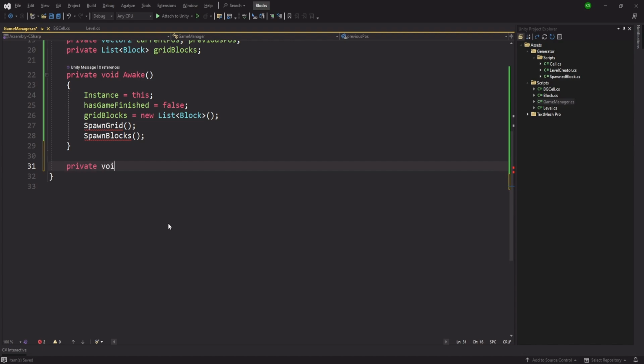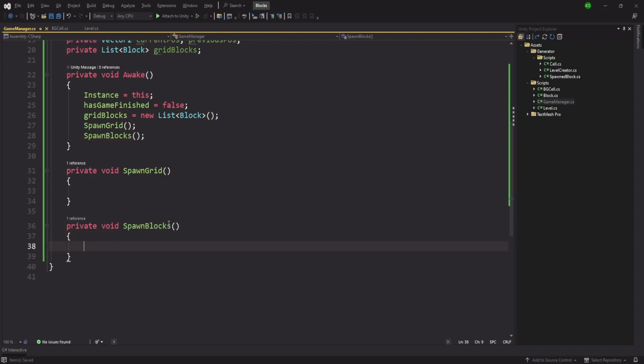So let's create our spawn grid function, and also our spawn blocks function. Our grid is positioned at the corner of 0, and the center position will be at 0.5 and 0.5, each of them distanced by the cell size for our grid, which is 1. So let's set up our background cell grid, and it is going to be a new background cell grid,